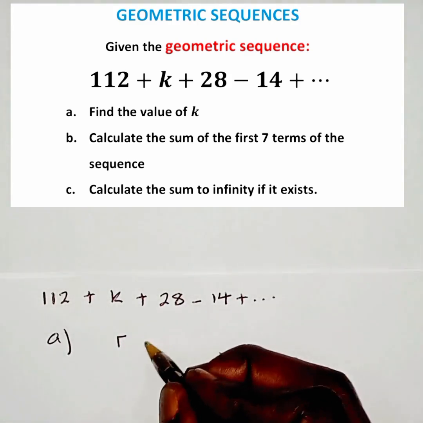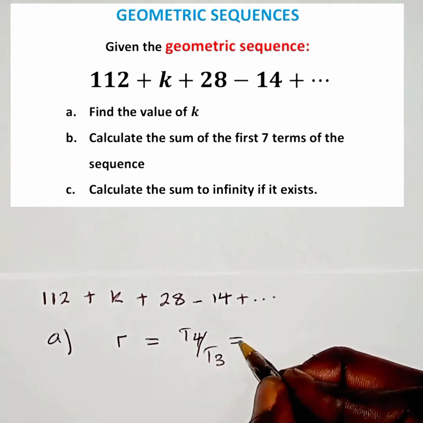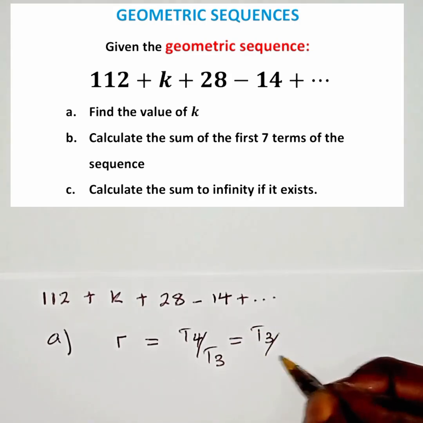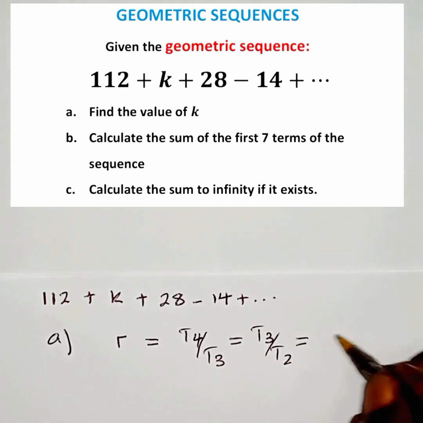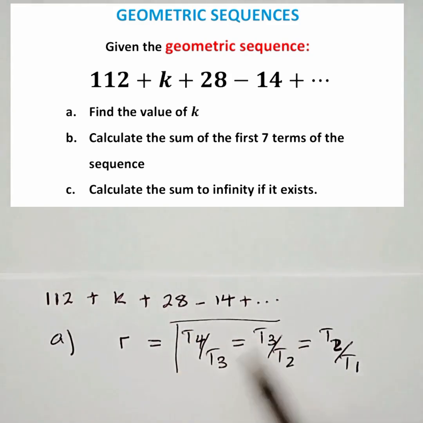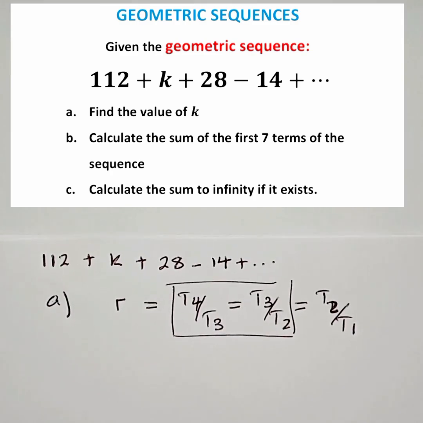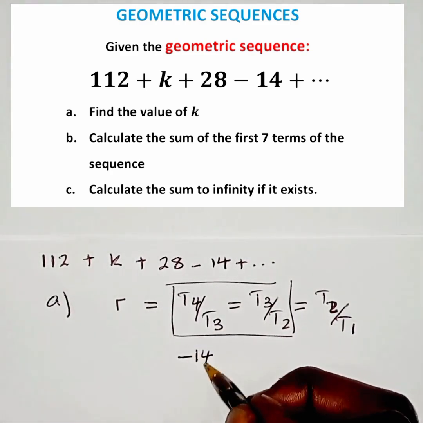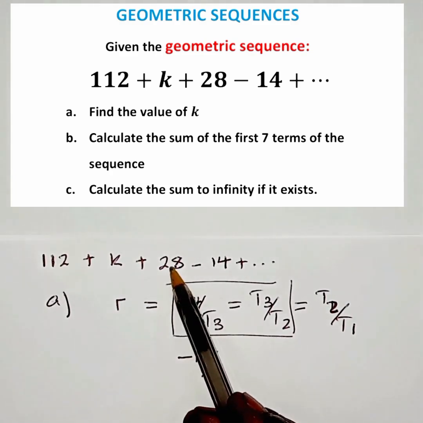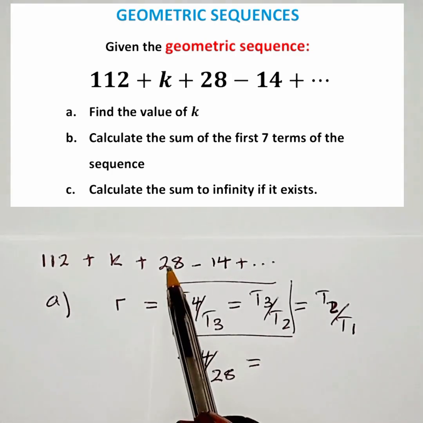Now, we say the common ratio is equal to T4 divided by T3, which is equal to T3 divided by T2, which is the same thing as saying T2 divided by T1. So we can just use this result to evaluate the value of K. So we are going to say T4 divided by T3, and that will give us minus 14 divided by the third term, 28. That is equal to T3, that's 28,